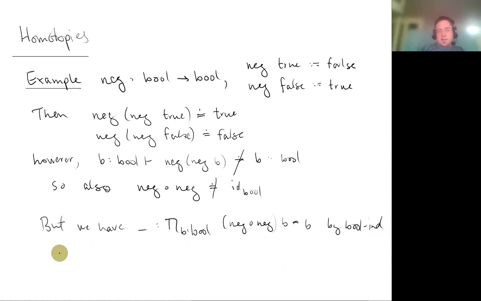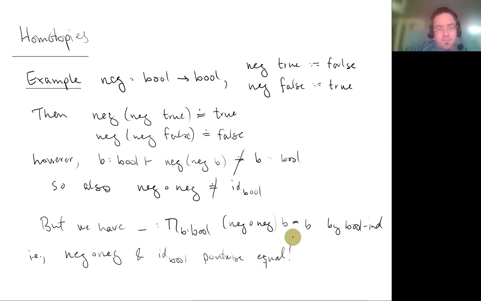Another way of saying this is that this composition of negation with itself and the identity function of the Booleans are pointwise equal, as expressed with the identity type. So this is, if you like, an instance in ordinary mathematics or set level mathematics of the notion of a homotopy, because that's exactly what a homotopy is,